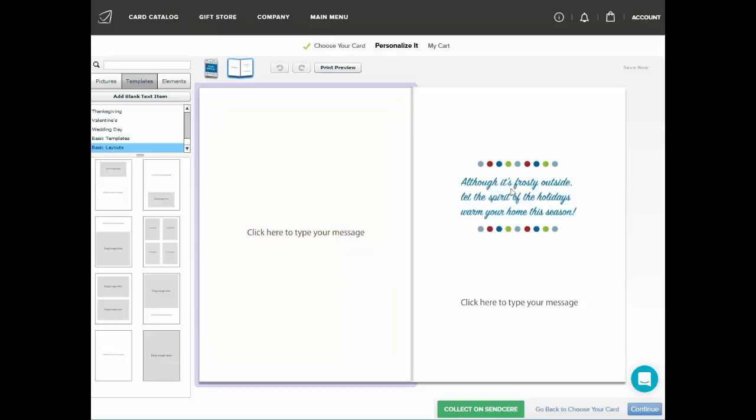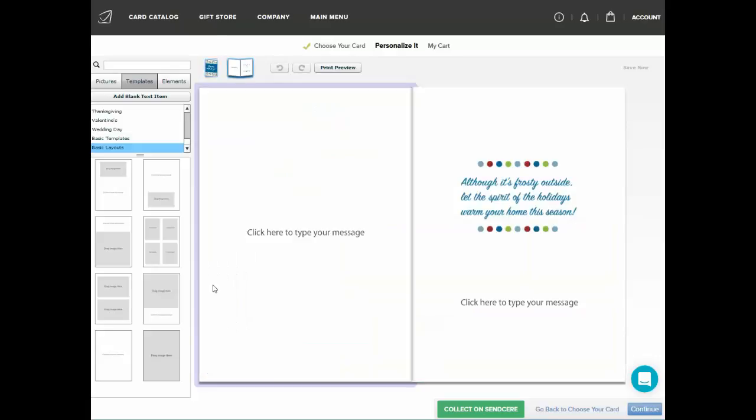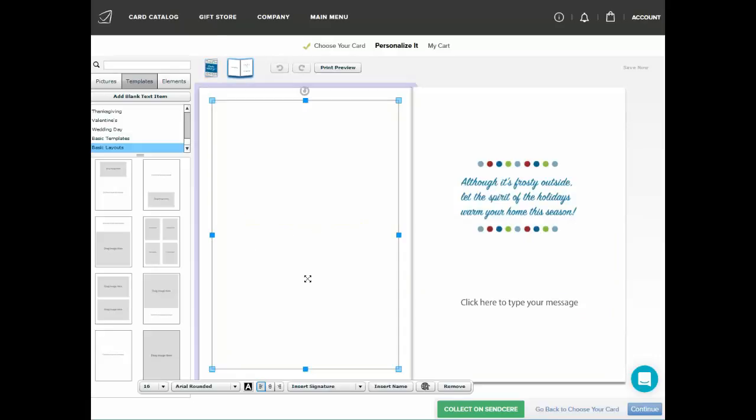Okay, so although it's frosty outside, let the spirit of the holidays warm your home this season. And here's what the front of the card looks like. Okay, so I click this box and I can write my message. So we'll go, dear, and I'll click this button and go first name. I could do first name and spouse name, but I don't necessarily have my clients' spouse names. So I'll just go ahead and do first name, comma,